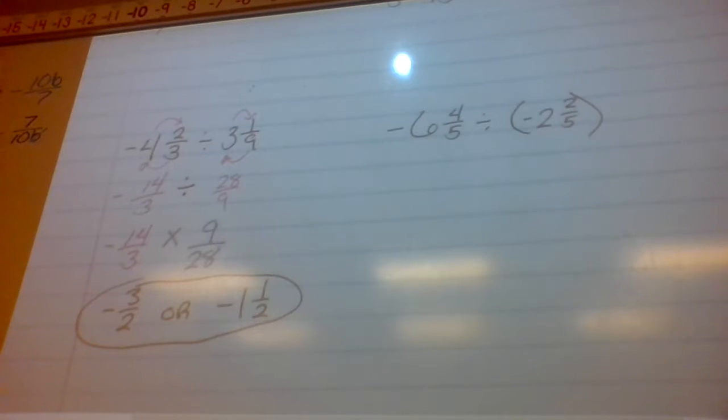That can simplify. You can simplify that. What are going to both 10 and 12? They're both